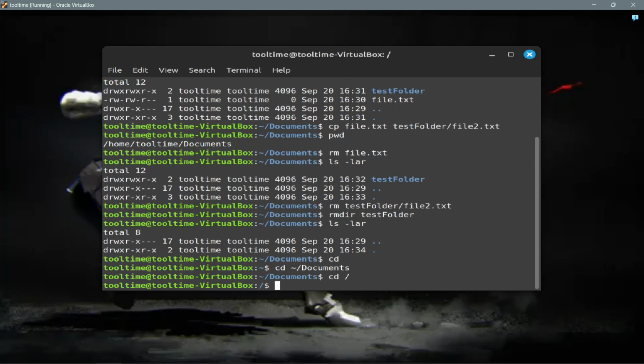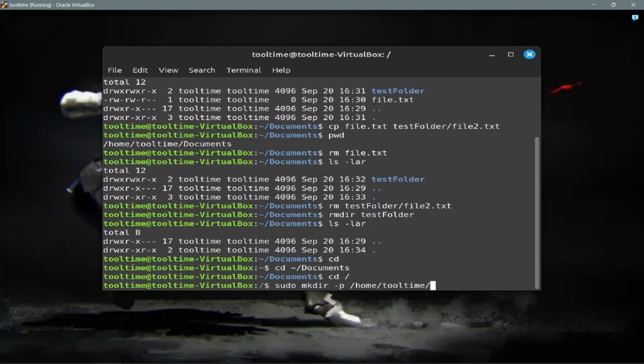And cd. And then we type in sudo mkdir -p, to create tooltime,